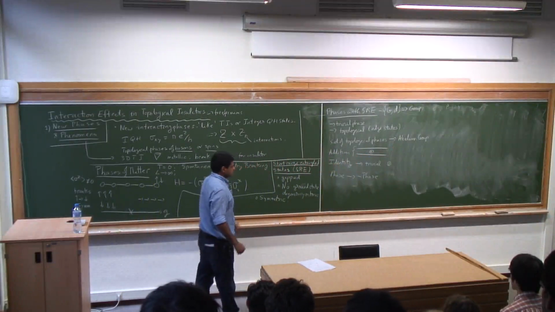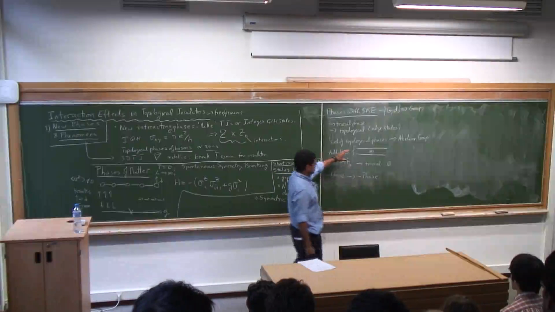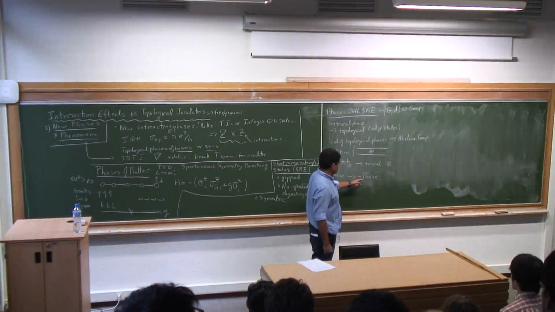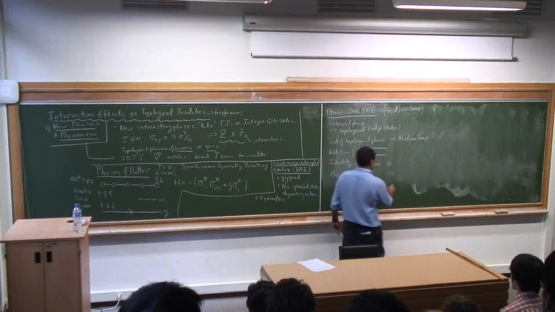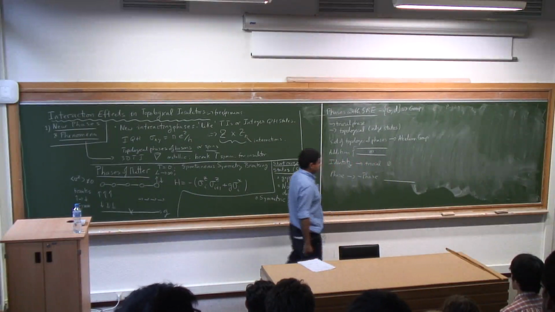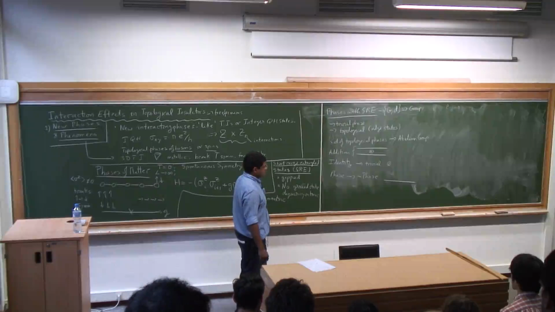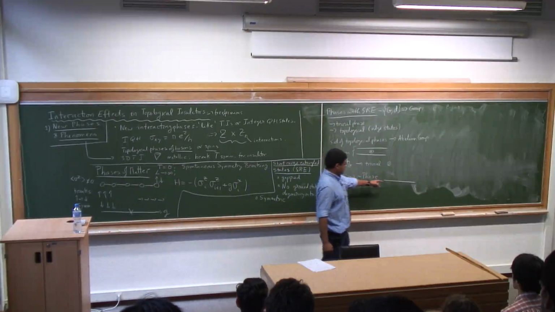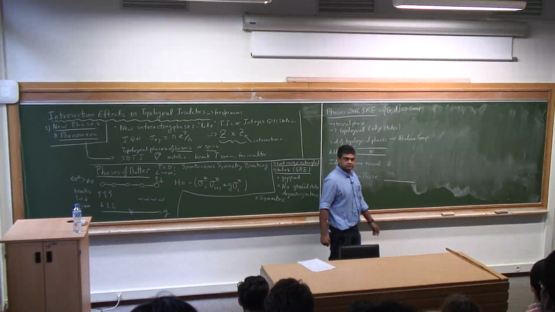The reason is simple: you can do addition with this combination, and you can do an inversion operation. If you give me a particular phase, I want to find another phase which is such that when I combine it with this one, there are no edge states.